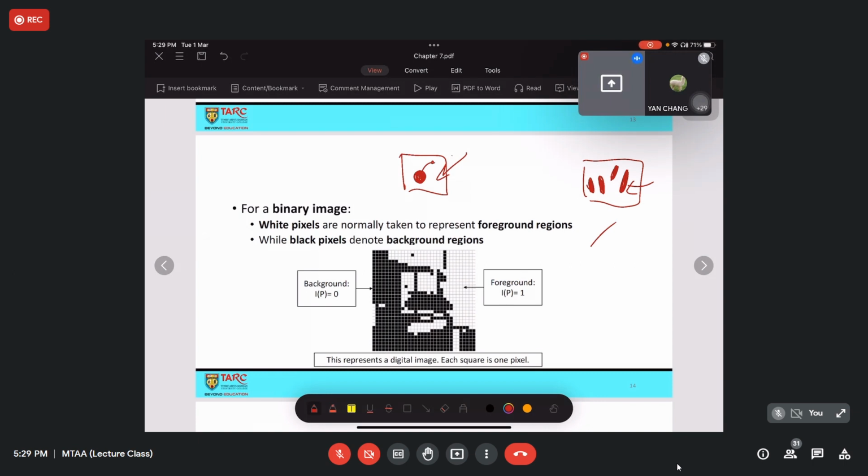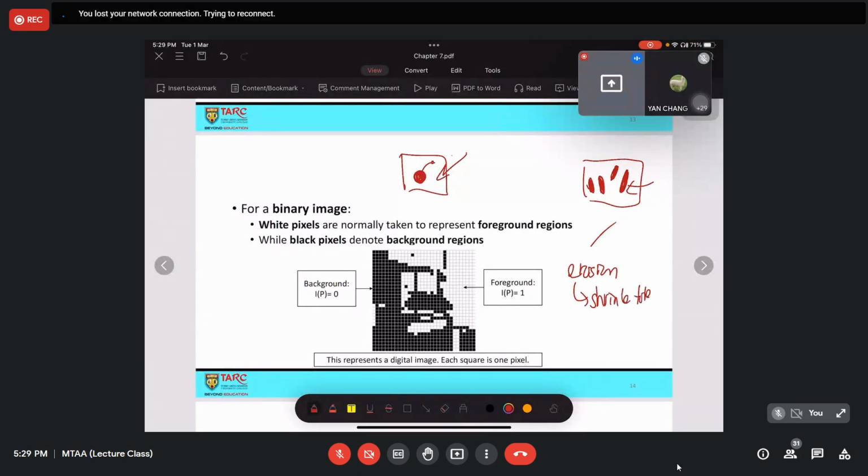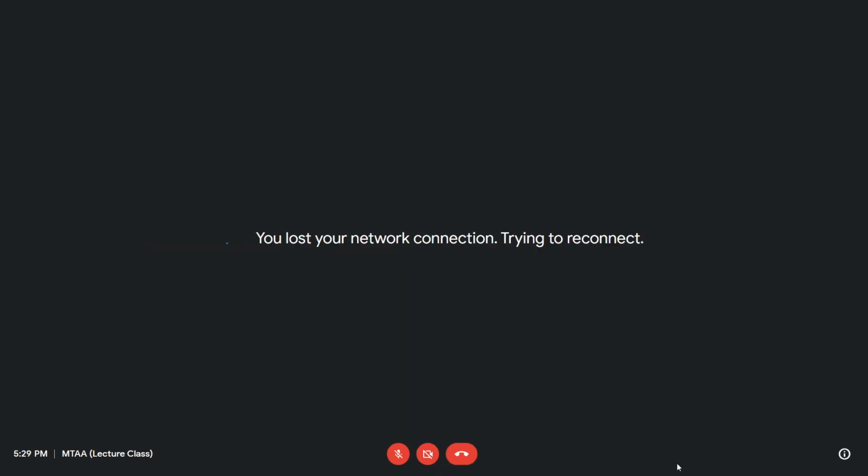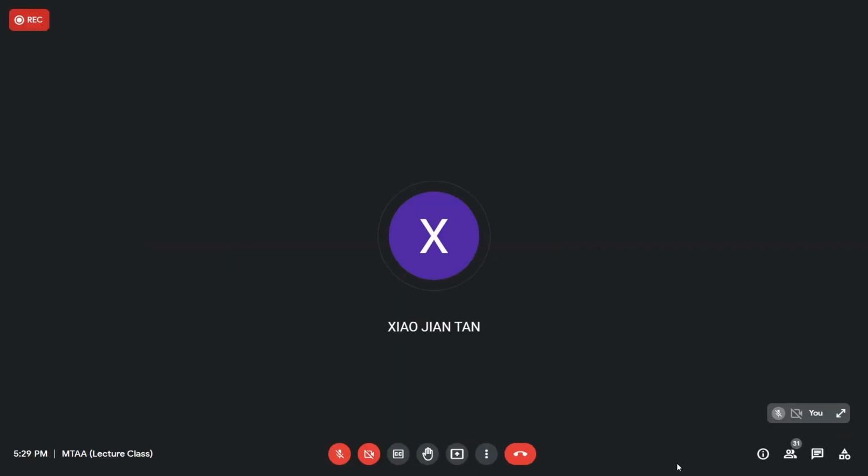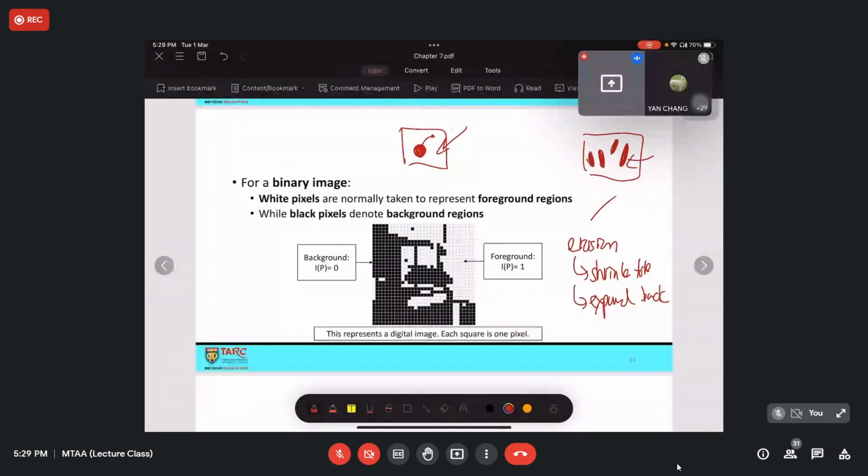Which means for erosion, you are meant to shrink the foreground, but to expand the background. Can you capture the point here? Although in the previous slide, I keep on mentioning that erosion is to shrink in size, right? That is because you shrink the size of the foreground. But in any pixel, it's impossible for you to delete the pixel. So when you shrink the size of the foreground, you are actually expanding the size of the background. Can you get what I mean?